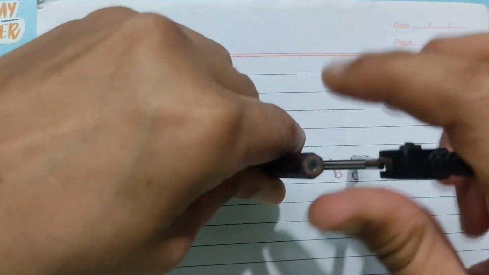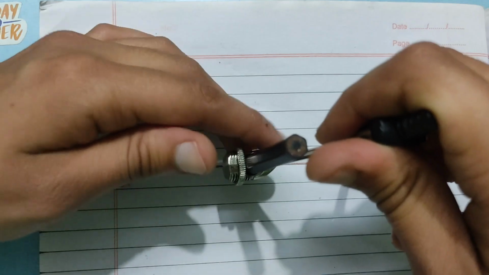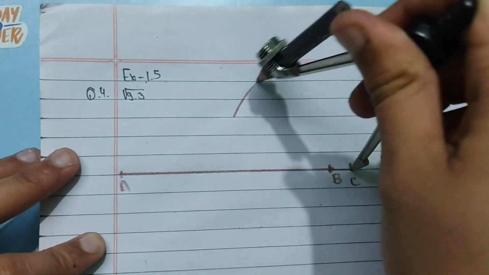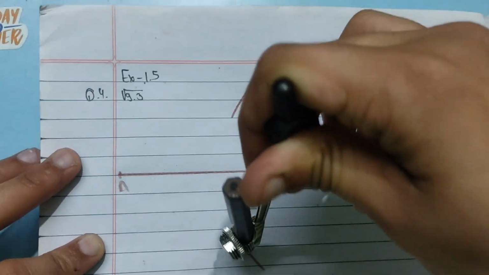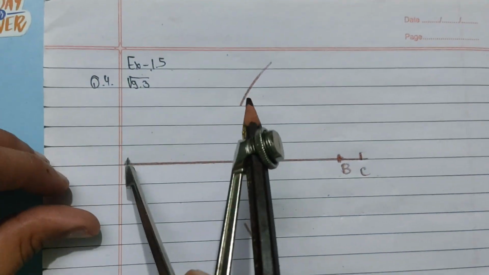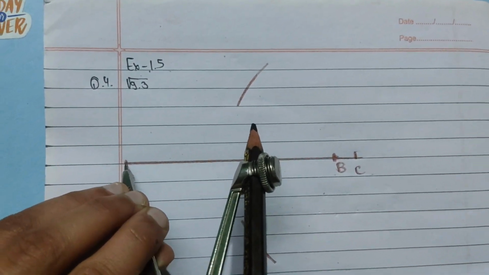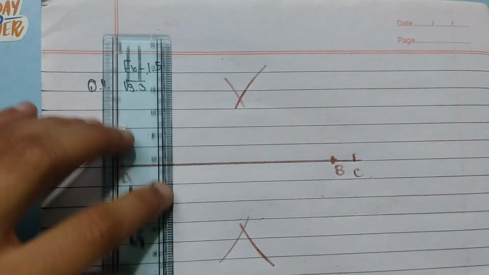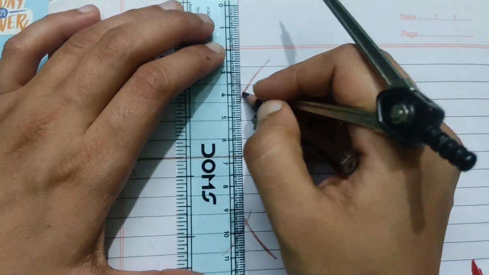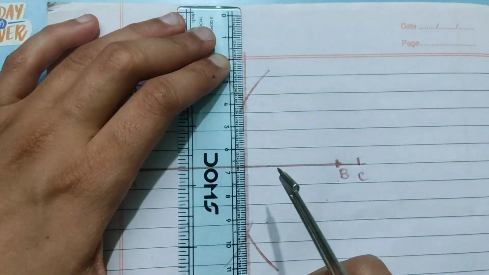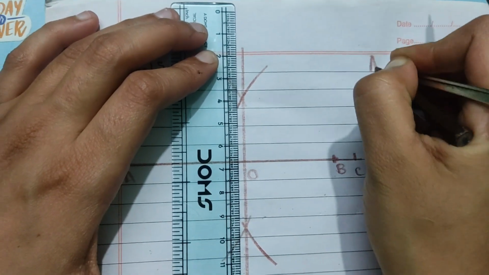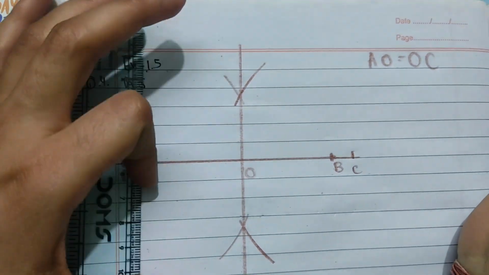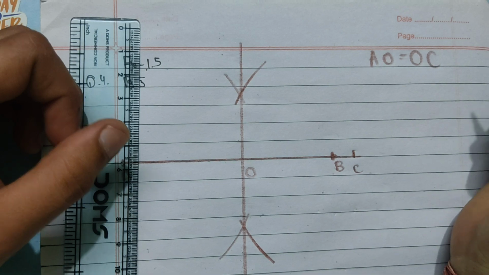इनलार्ज, हाफ से ज़्यादा डिस्टेंस लेके। ऑब्वियसली ये डिस्टेंस तो हमें हाफ से ज़्यादा लग रही है, तो हाफ से ज़्यादा डिस्टेंस लेके एक आर्क ऊपर मार्क करना है, एक आर्क नीचे मार्क करना है। A से मार्क करो ये आर्क, एक आर्क ऊपर और एक आर्क नीचे। तो ये हो गई हमारी परपेंडिकुलर बाइसेक्टर। अब ये इक्वल हाफ में बन गए। अगर हम इस पॉइंट को O नाम दे दें तो AO इज इक्वल्स टू OC।